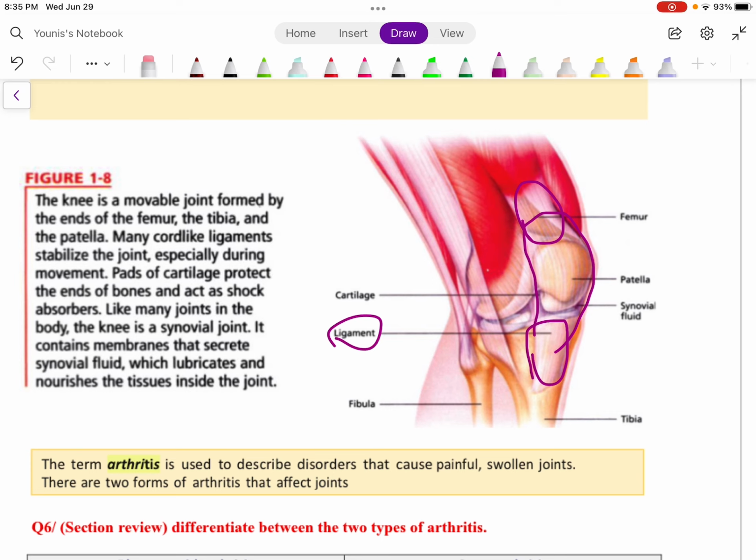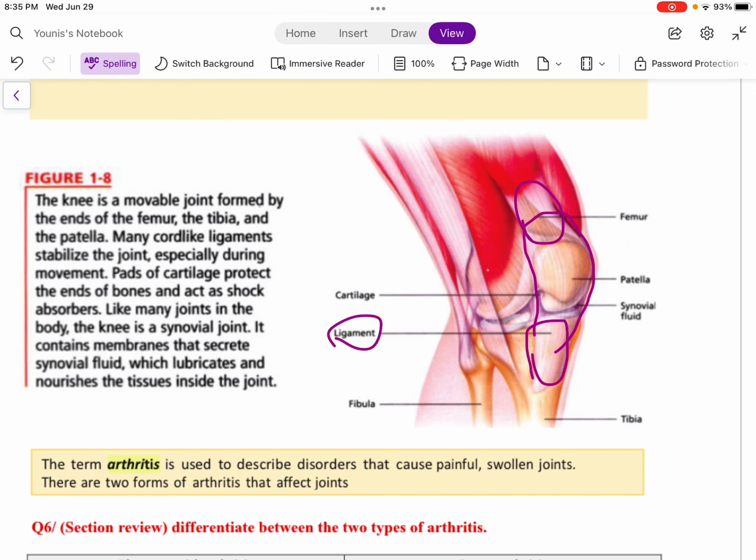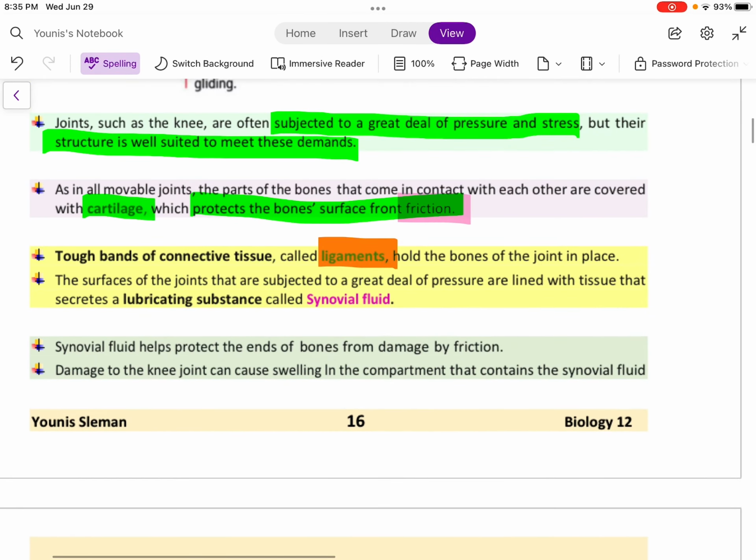It's like a thin band of connective tissue, but it's very tough and strong. It links bones to bones. But tendon connects bones to muscles. You should know the difference. We will come to that later. Tendons, you will study them in the muscular system, but now you should know that ligaments hold bones at the